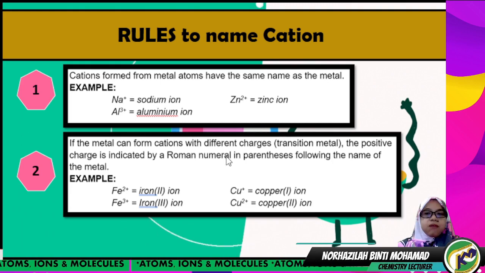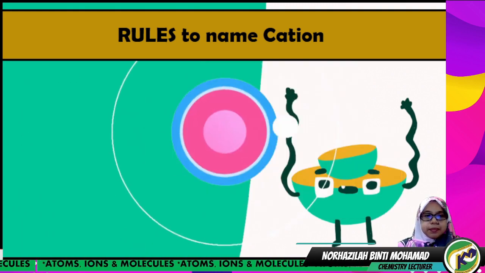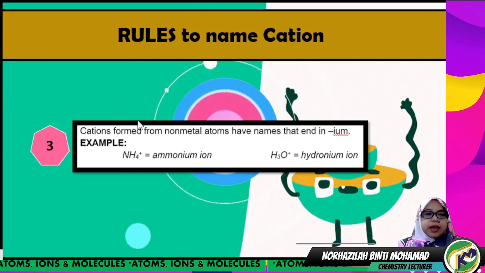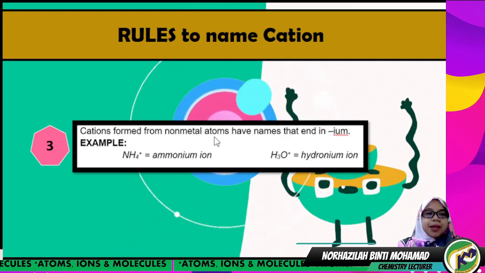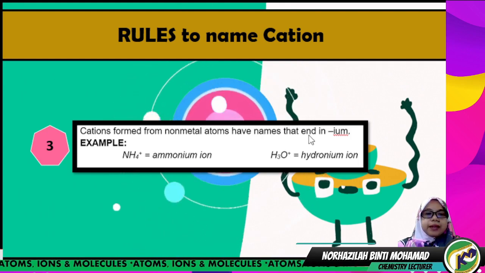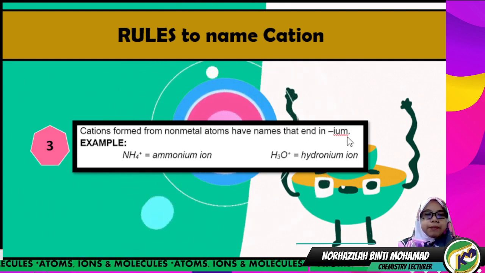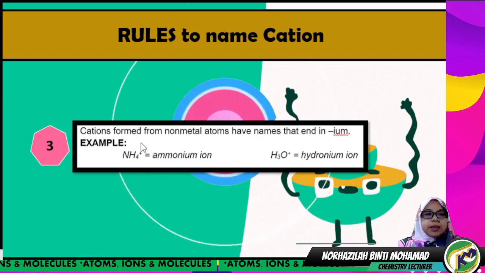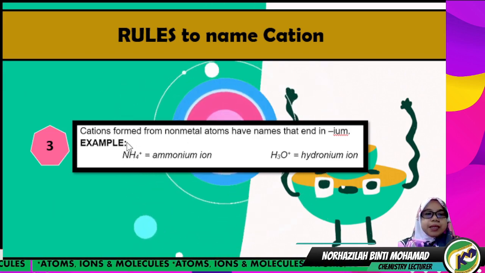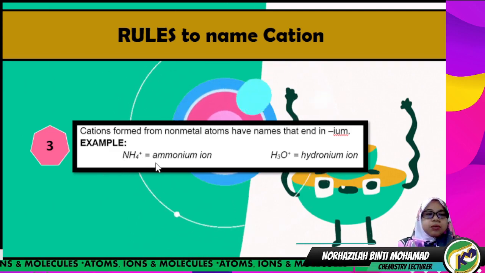Okay, one type of charge. And then the last rule is that cations formed from non-metal atoms have names that end in -ium. For example, we have NH4 plus. NH4 plus is formed from non-metal atoms. So the name is